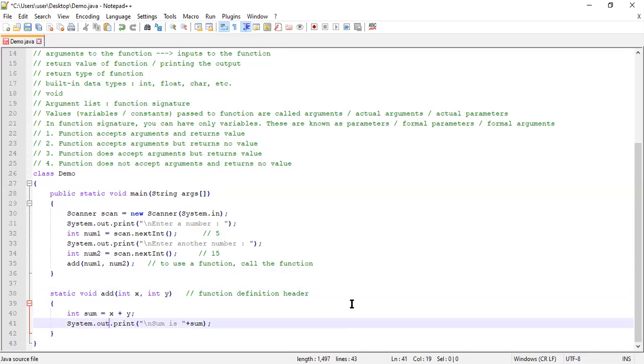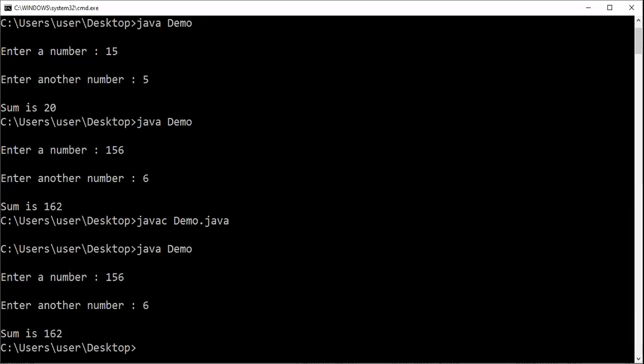So let me just save this and show you how things work. I hope you can see the black screen. The output is visible. See, the first input is 156 and the second is 6.